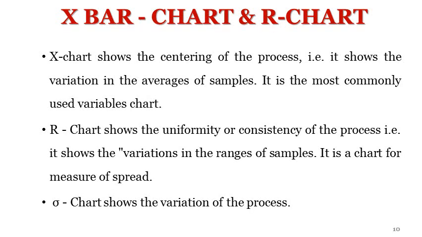In the case of the X chart, as we saw, the X chart means the mean chart. It shows the centering of the process. Through the X chart we can see how much the products are keeping to the center, or how the means are varying. The R chart, the range chart, usually gives the consistency of the process. Usually the range is measured as maximum diameter minus minimum diameter, maximum length minus minimum length. We measure how much it varies. And the sigma chart also usually gives variation. This is about control charts for variables.